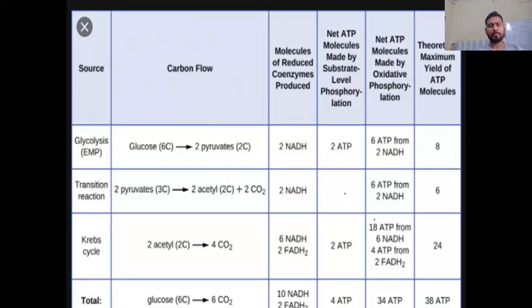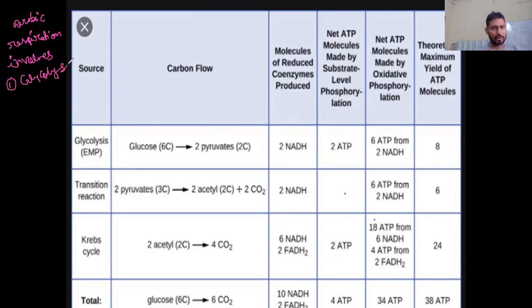Now look at this PPT. With the help of this PPT, you can understand the concept. Before that, I will write here: during aerobic respiration, we know there are four different steps involved. It involves how many steps? Four different steps. Step number one is glycolysis,